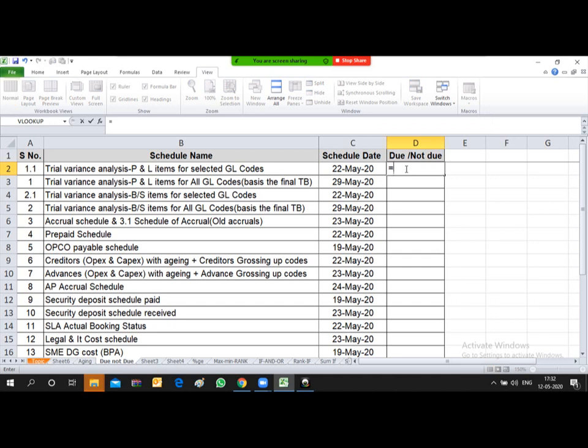Now just type the formula: if this date is equal to today, just type today and then start bracket, close bracket. So if this date is equal to today, comma, put "due" in inverted commas, and if it is not true, then put "not due",